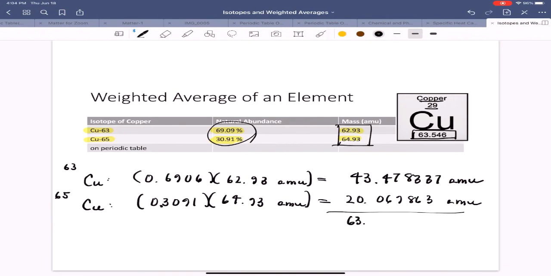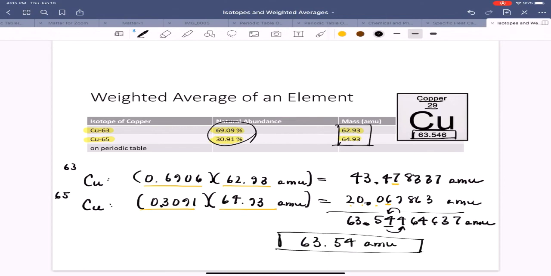And then I need to consider sig figs. Okay, so for sig figs, I have an abundance to 4 sig figs, a mass to 4 sig figs, and so this value, this isotopic contribution, ends in the hundredths place. For copper 65, 4 sig figs for the abundance, 4 sig figs for the mass, 1, 2, 3, 4. That value ends in the hundredths place. When adding and subtracting, we look at where the decimal is, we line it up, and we can only go as far to the right as the least precise digit. And then I round. So, to 4 sig figs, we have found the weighted average for copper, and that is what is given on